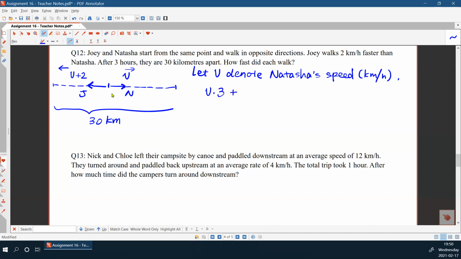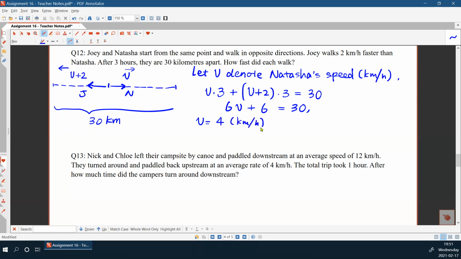How about Joey? The distance Joey has traveled is v plus 2 times 3 hours. And the sum of these two distances is 30, right? This is our equation from which we can solve for v. So this gives us 6v plus 6 is 30. So here we know v is 24 over 6, which is 4